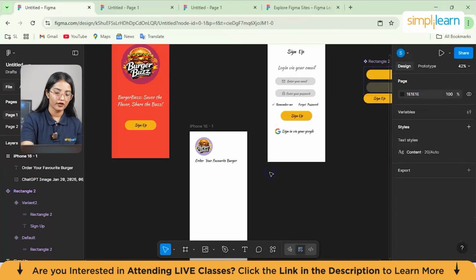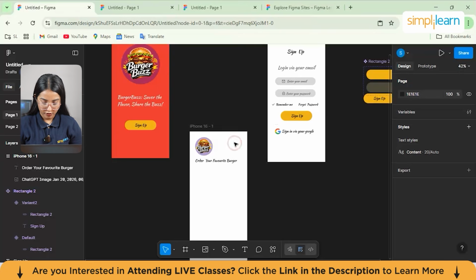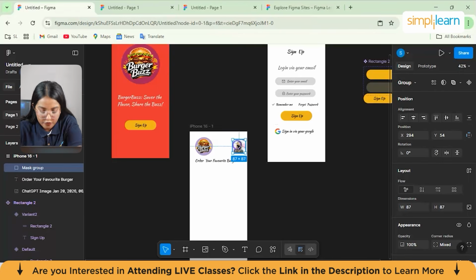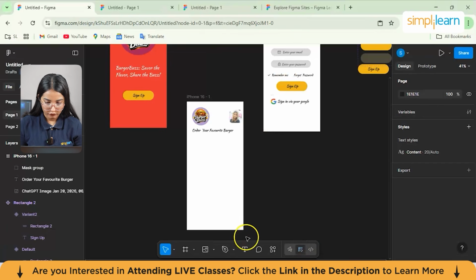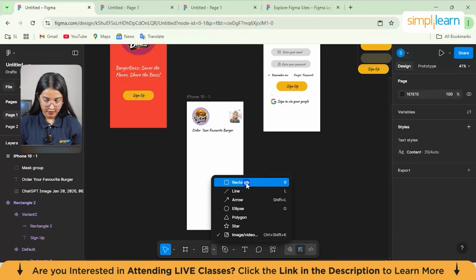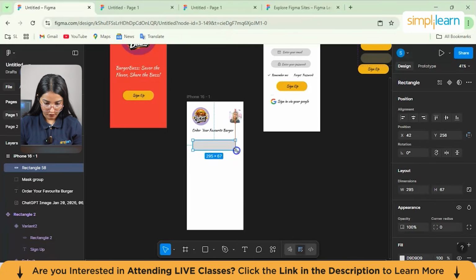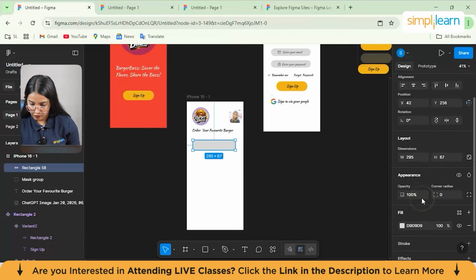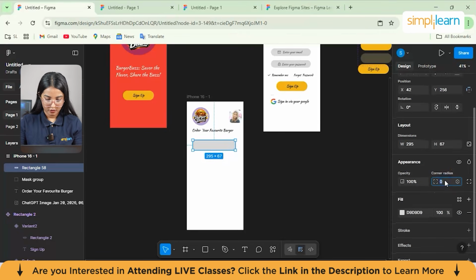And I want the user profile to be here. So once you just sign up using your Google credentials, your profile will be shown right here. Now I'll just insert my image from here. So now this would be the user profile, which is shown right here. Now we'll be adding one more shape from here. It says search, where the user can come and search for their food items. So just go on shape tools from here, select rectangle, and let's suppose I want to put more corner radius, put it 30,